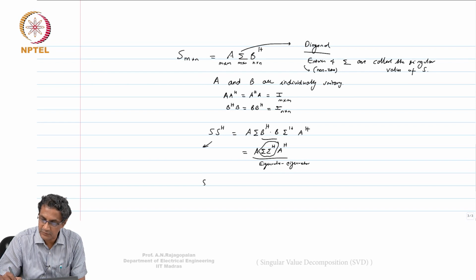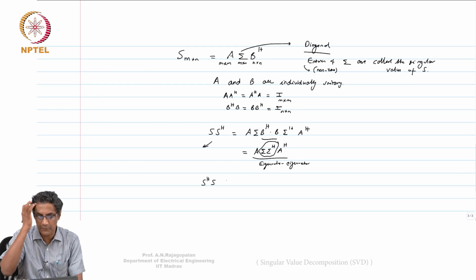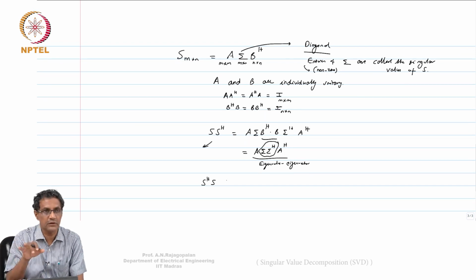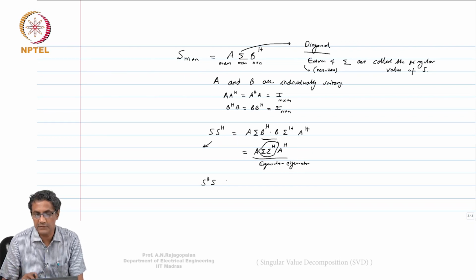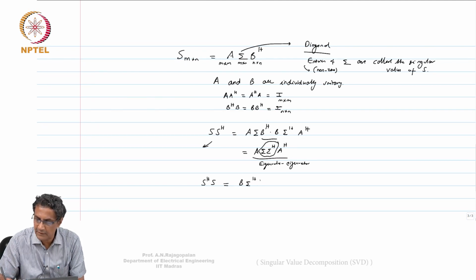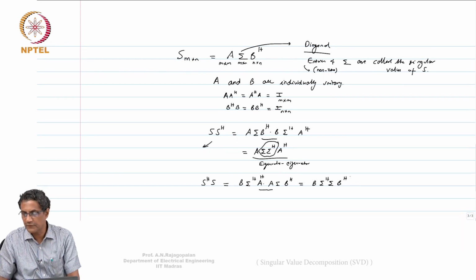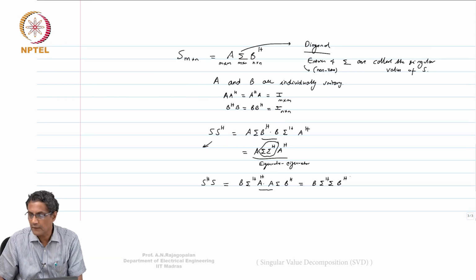Then you can also look at what happens to S Hermitian S, right? Depending upon the rank, this structure will change, whether you get all zeros as the last row or not depends upon the rank of S. S Hermitian S, if you do, that gives you B sigma Hermitian, wait a minute, B S Hermitian, A Hermitian, then A sigma B Hermitian. So that gives you B sigma Hermitian, this is identity, sigma B Hermitian, and therefore the eigenvectors of S Hermitian S will now be the columns